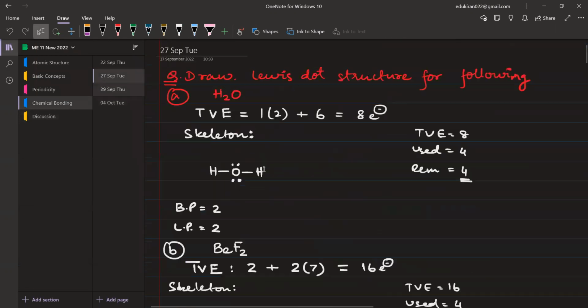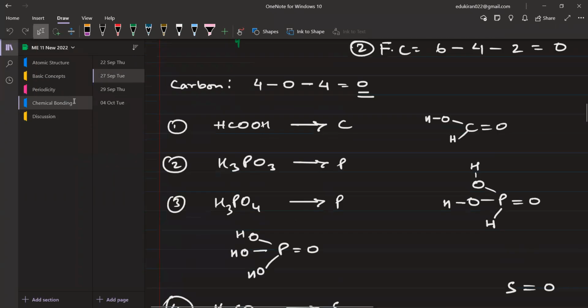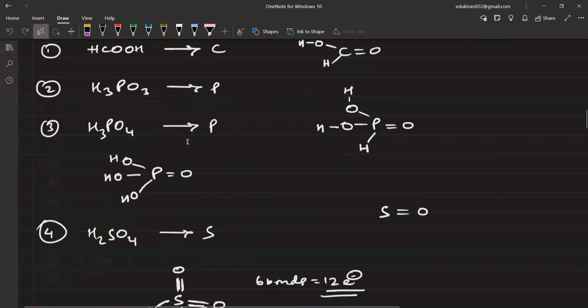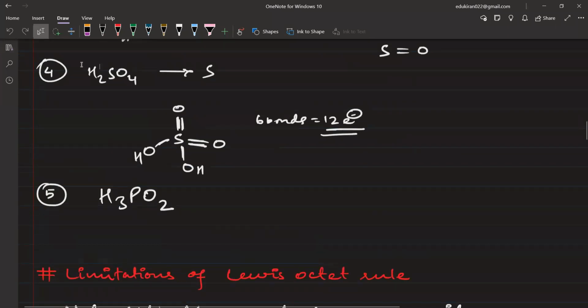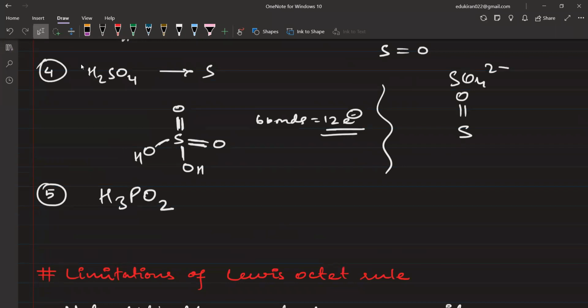वहां तो हमने वही समझाया कि आपको बॉन्ड्स कैसे बनाने हैं, जब आपके पास एक नॉन मेटल हो और उसके पास हाइड्रोजन और ऑक्सीजन हो। जैसे H2SO4 या SO4 2-, सबसे पहले सल्फर के साथ ऑक्सीजन का एक डबल बॉन्ड रहेगा। उसके बाद हाइड्रोजन से OH लग गया, और दूसरे के साथ भी OH लग गया। अब एक और ऑक्सीजन बन रहा है, उसके लिए भी डबल बॉन्ड हो। जैसे यहाँ H3PO2 है, तो फास्फोरस के साथ एक डबल बॉन्ड ऑक्सीजन होगा ही होगा।